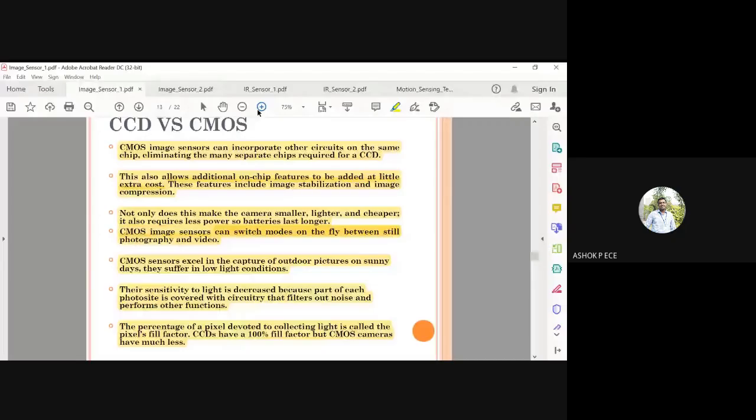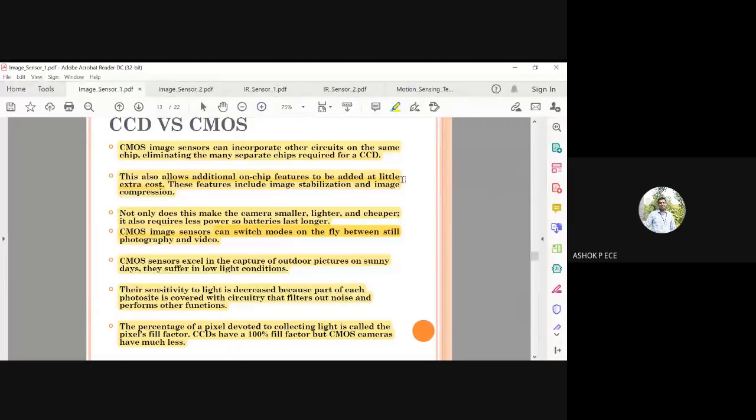Okay, that is the comparison. So I cannot say CCD is better or CMOS is better. CCD also has very good features. CMOS also has very good features. So depending on the application, your power requirement, your memory requirement, your compactness, and the clarity of the image required, when you consider all these factors, you can come to a conclusion whether you are going to use CCD or CMOS technology for your image sensor.